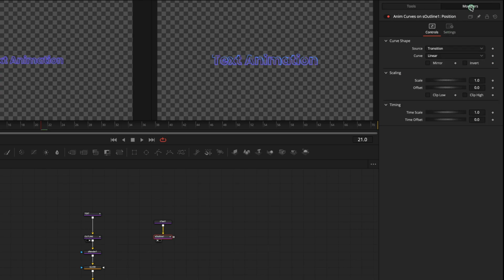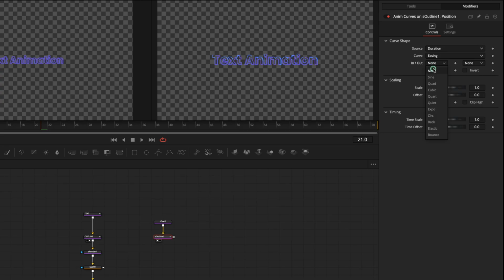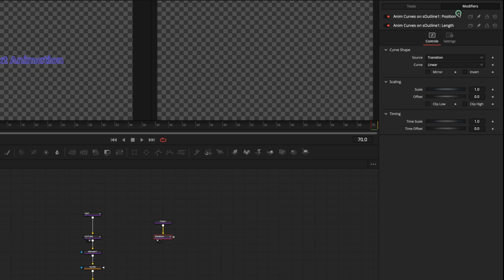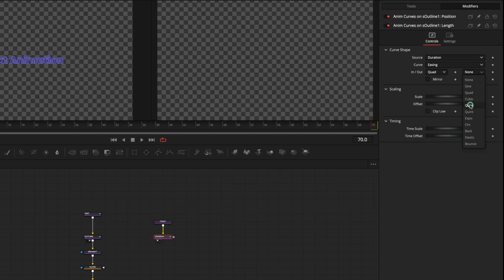Click on modifiers, source duration, easing curve to make it smoother, and I chose quad for in and export for out. And toggle on mirror so that it automatically animates out. I did the same exact thing with the length. Right click, modify width, anim curves, source duration, easing curve, quad for in and export for out, and the mirror